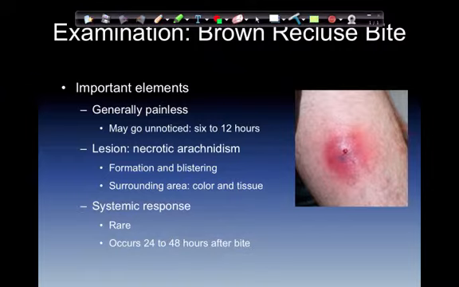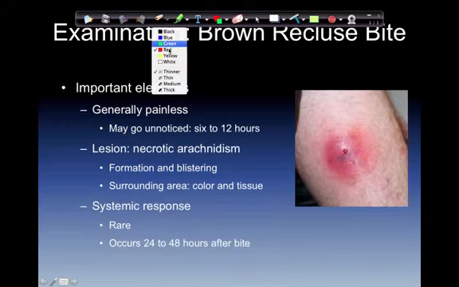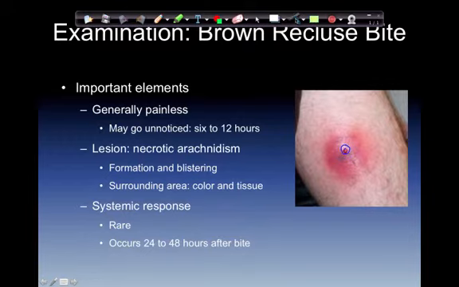Reddish bulla surrounds by a bluish area, and generally will have like a narrow white blanched area between the red and blue. They refer to this as kind of a bullseye pattern, and it may be a little difficult to see, but let's see if I can change colors of this little white blanched area here, and I'll clear this off so that now that I've made notice of it, you can see it. And then we have a blue area here, and then this whole area is reddened.